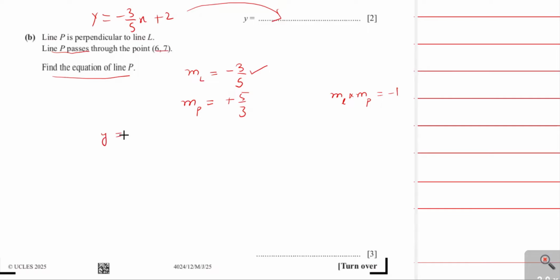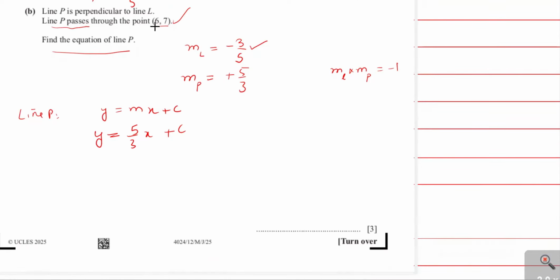We have to calculate the equation of line P. The equation is y = mx + c. Here m is 5/3, plus c, which we write as it is. To calculate c, we will substitute the point (6, 7) into this equation because this point lies on the line P. Therefore, in place of y we put 7, and the value of x here is 6, plus c we write